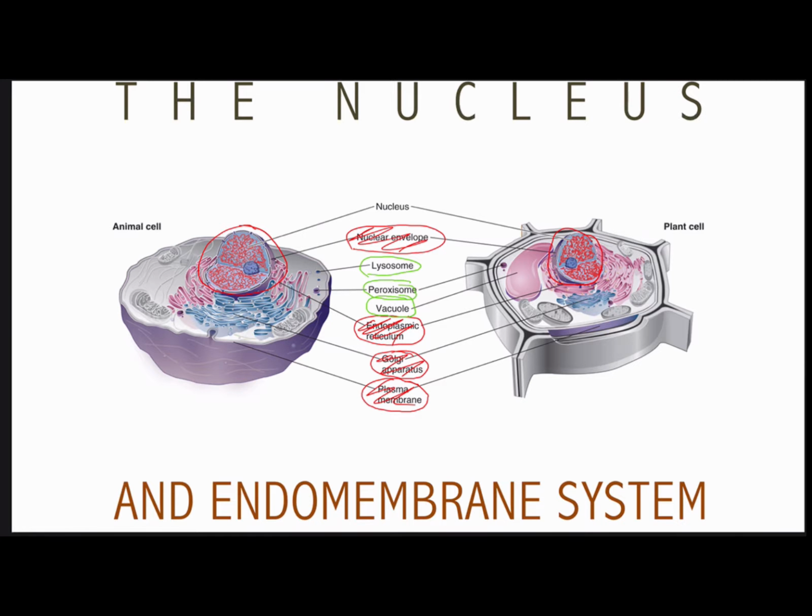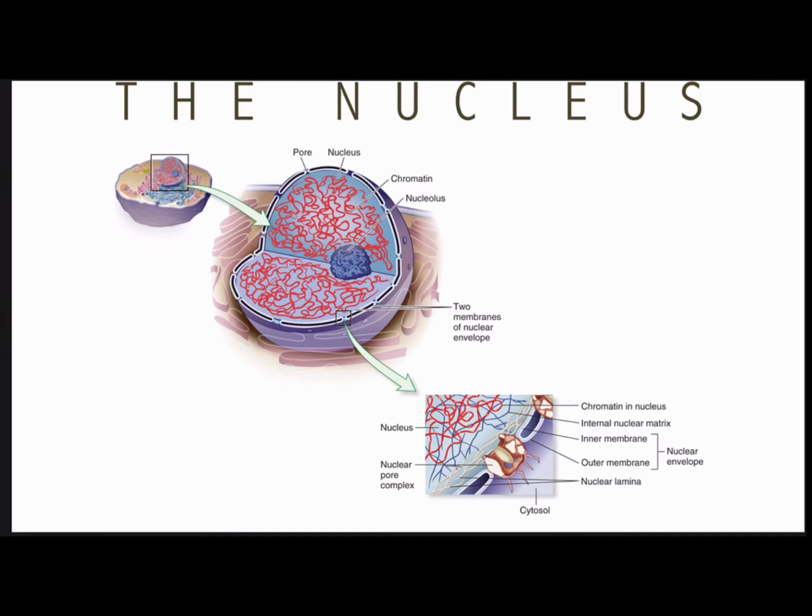And so in these diagrams, the components of the endomembrane system are highlighted kind of in purple and in blue and in a kind of light shade of pink. So that gives you a quick overview of the nucleus and the endomembrane system. Now let's take a look at the first structure that we have in these last few slides,